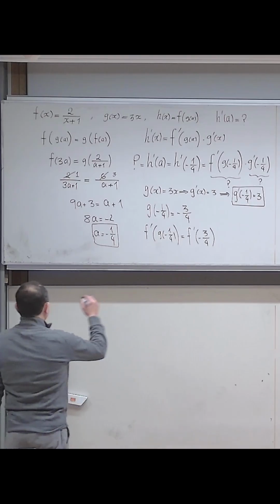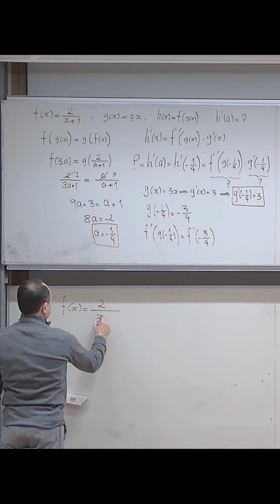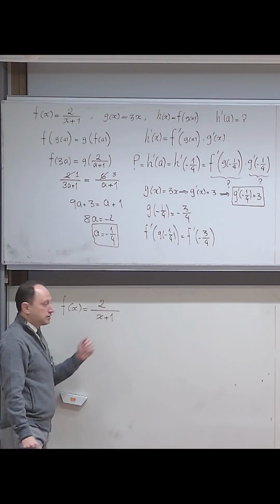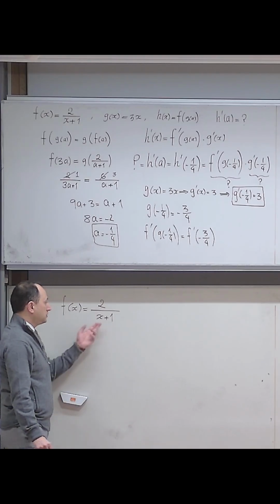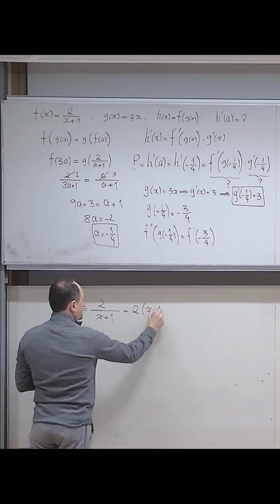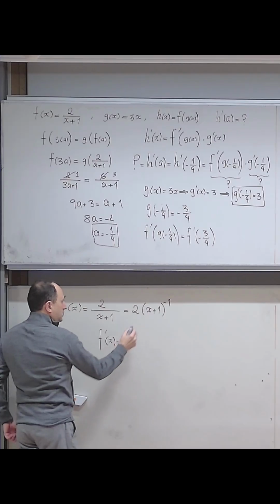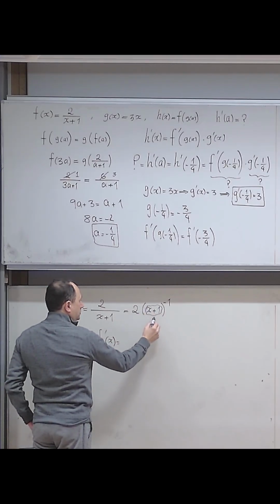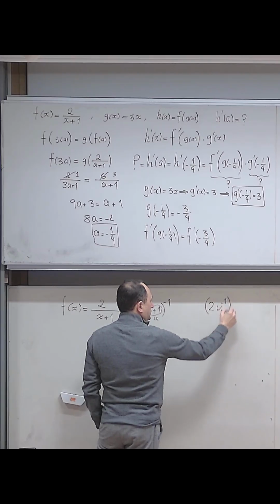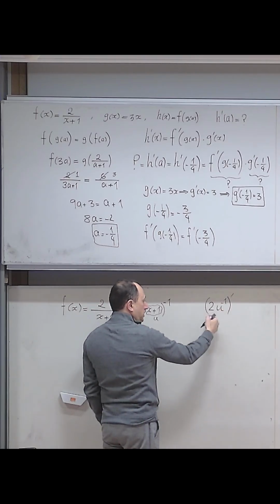So this function f of x, you can differentiate in two different ways. You can use the quotient rule because that's a fraction, or you can use the chain rule. But if you want to use the chain rule, it is faster. I bring it up so it becomes 2x plus 1 to the power of minus 1. Now, pretend in your head that x plus 1 is your u variable, so your function becomes 2u to the power of minus 1, and if I want to differentiate it with respect to x, I pretend that u is x, so minus 1 goes down,